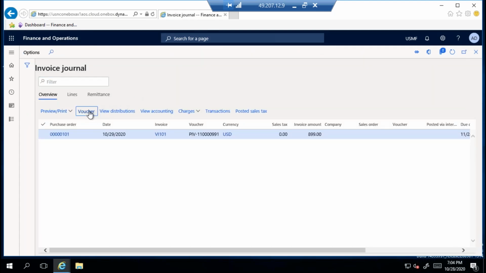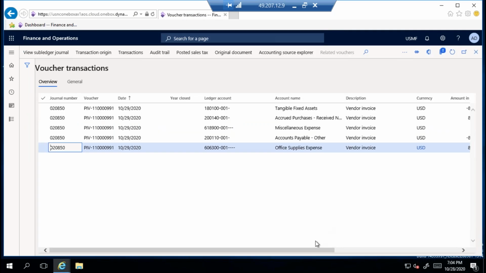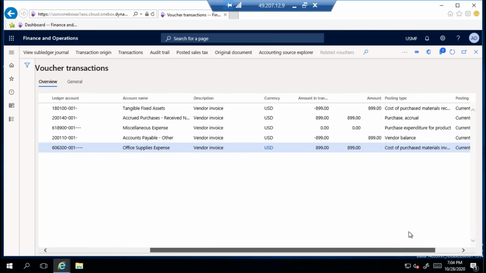so voucher, if you click on voucher, some accounts are debit, some accounts are credit, and automatically it will be posted. So what is this? The finance team will understand. For T&L people, you need not worry about this one. It will be automatically posted. So the finance team will handle this. What is debit and what is credit? In finance, I will explain this one.